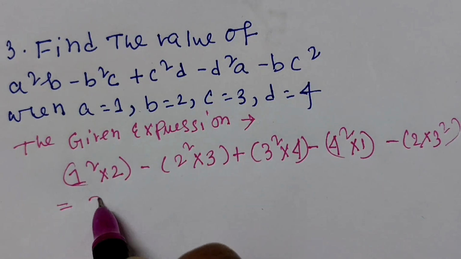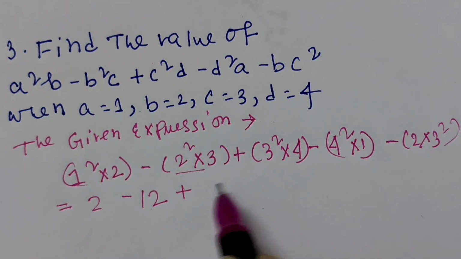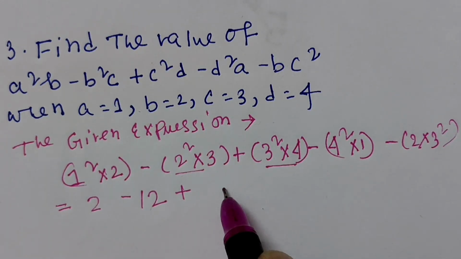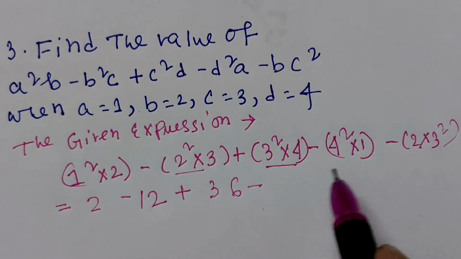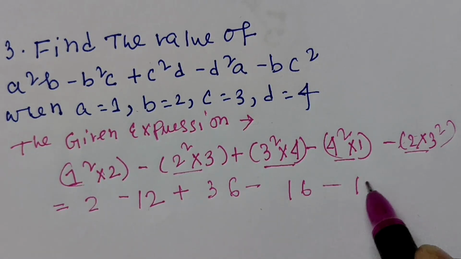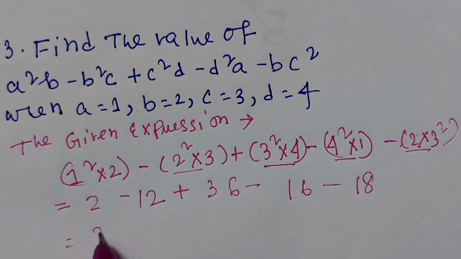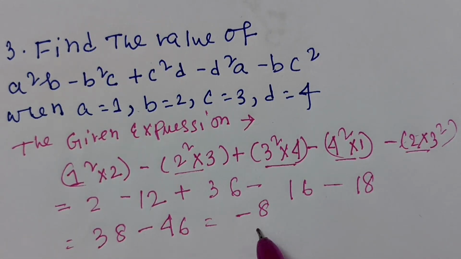is equal to 2 minus 12 plus 36 minus 16 minus 18 is equal to 38 minus 46 is equal